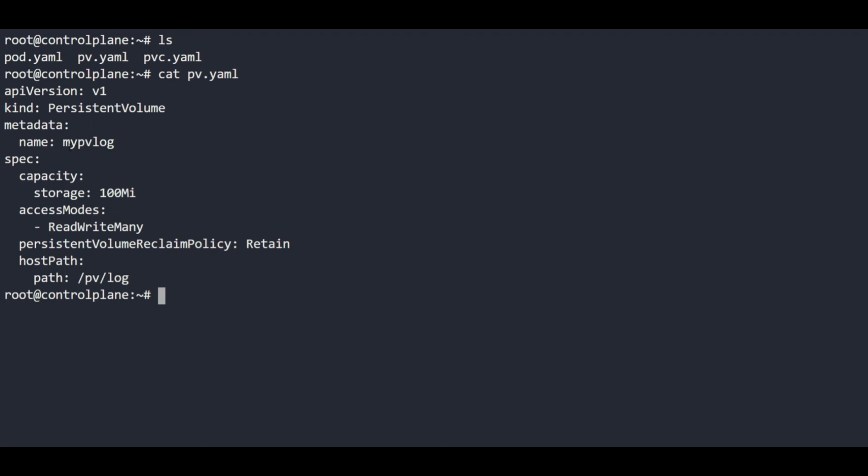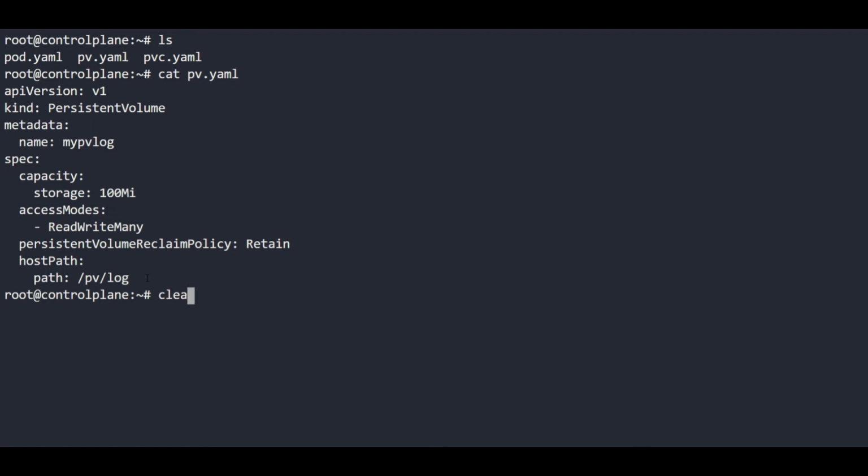The name of my PV is my-pv-log, and it has a storage of 100Mi. The access mode is set to ReadWriteMany, and this is the path we use for mounting purposes. We are using this path as a hostPath.